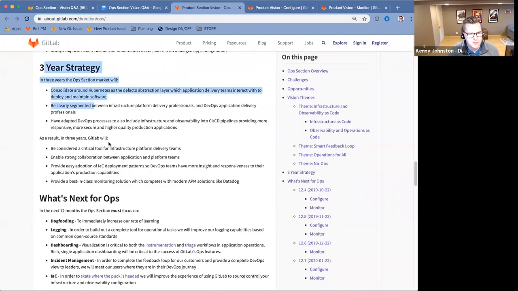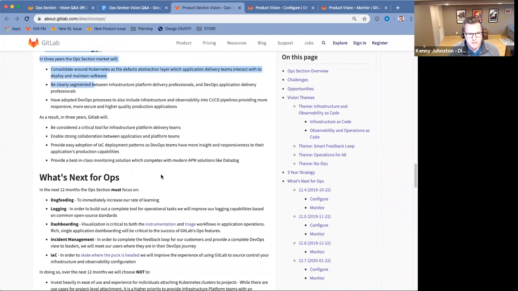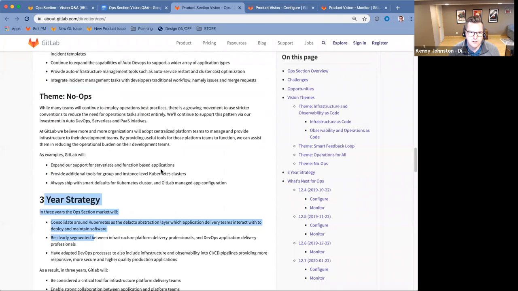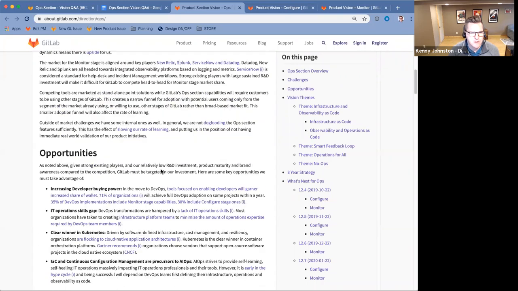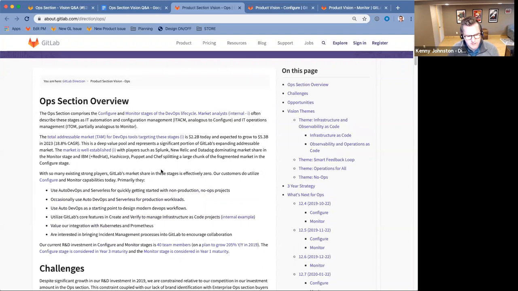And then a 3-year strategy and a what's next that's meant to cover our immediate next year viewpoint. These are documents that were recently created over the last 3 or 4 months, but are meant to be, as all things GitLab, highly iterative. So I think there's been 5 to 6 MRs over the course of the last couple of months. I'd love to see that increase. So I would encourage other team members to contribute to MRs. But the overview is, I'll give my TLDR from the top of my head.